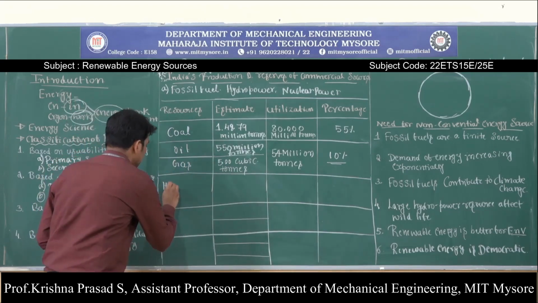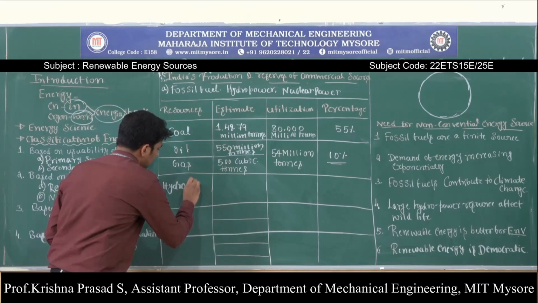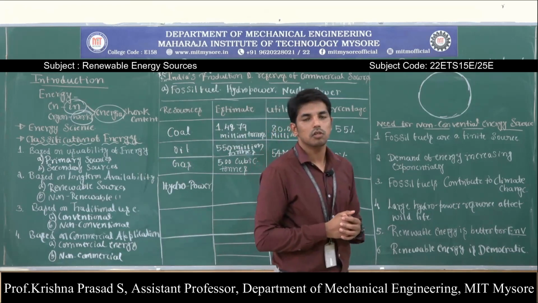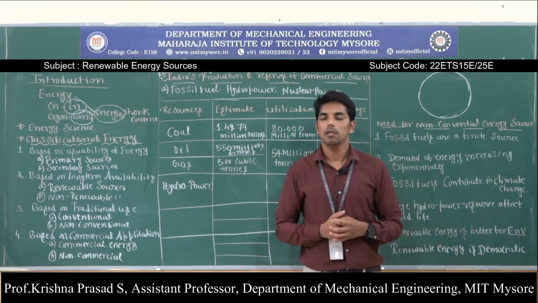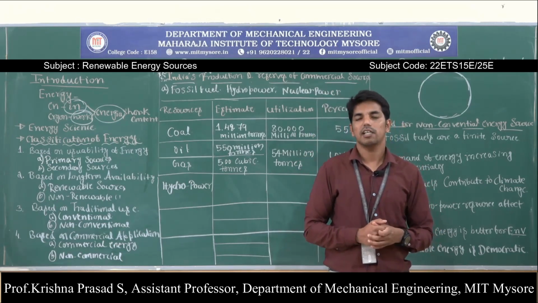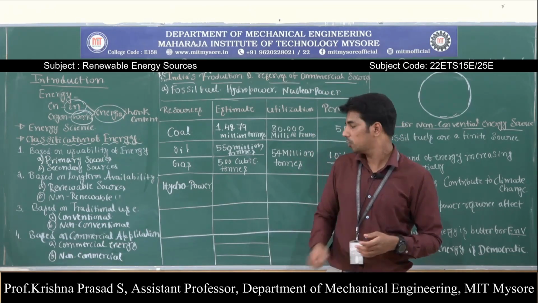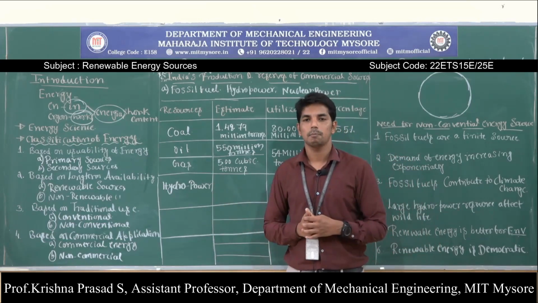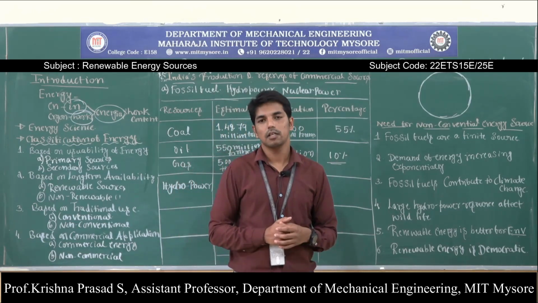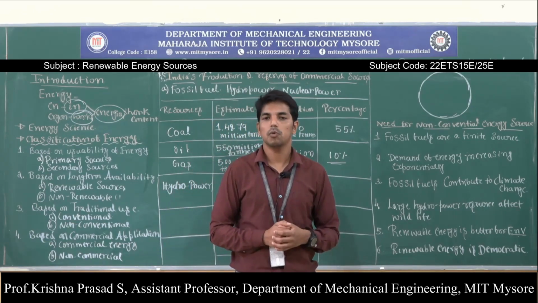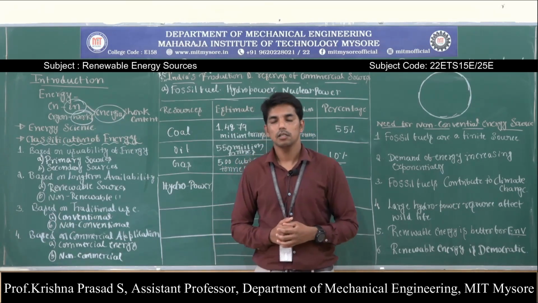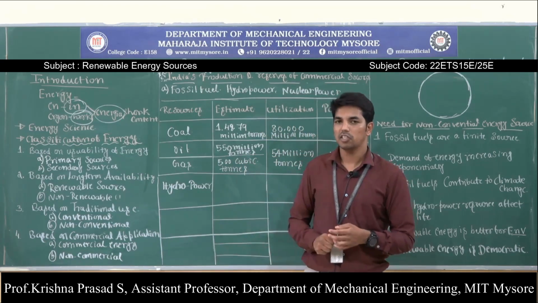Next, a very important one is hydropower. Hydropower is one of the most important and economic sources in the development of power in India, and India has made remarkable development in power generation, especially hydroelectric power generation. Why? Because it is the most economic in development, with no waste disposal problem and no environmental pollution problem. That's why India made remarkable improvement in hydroelectric power generation.